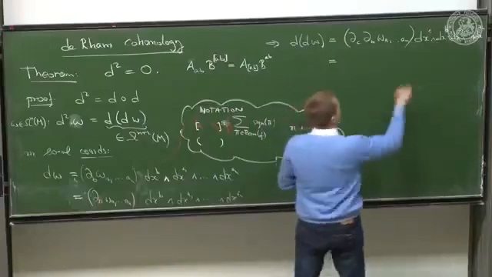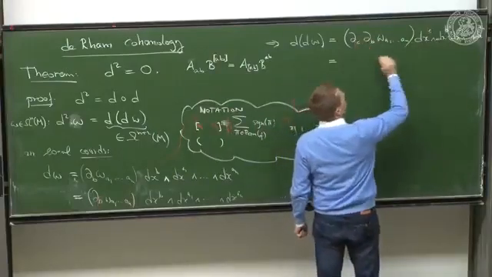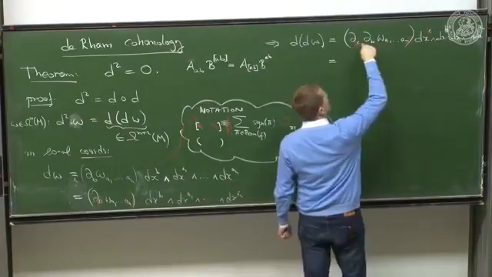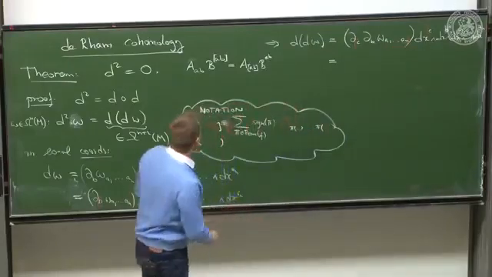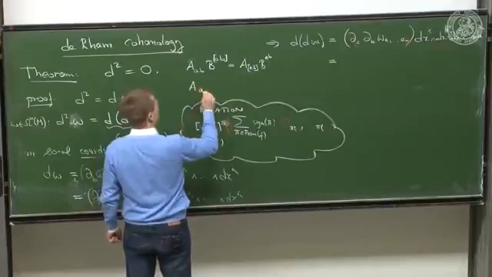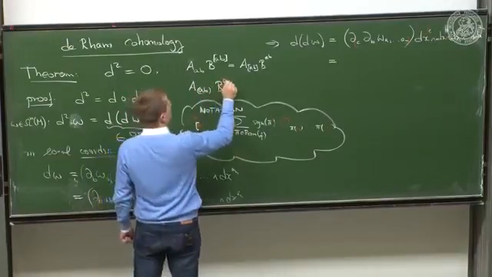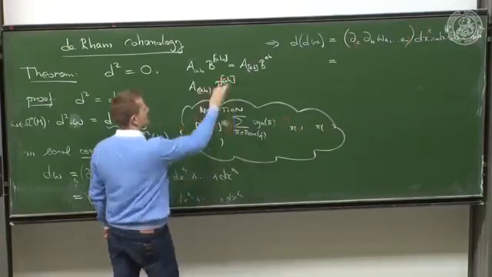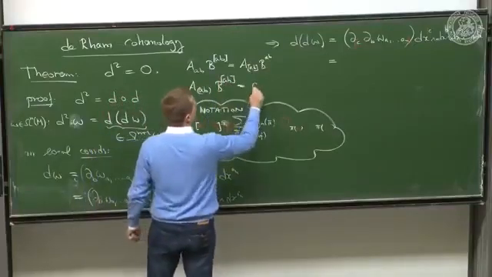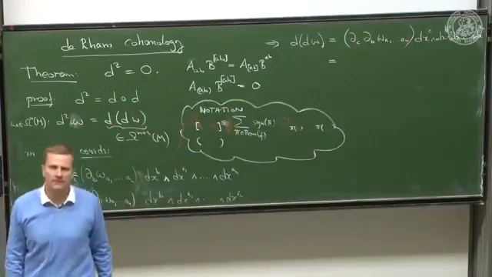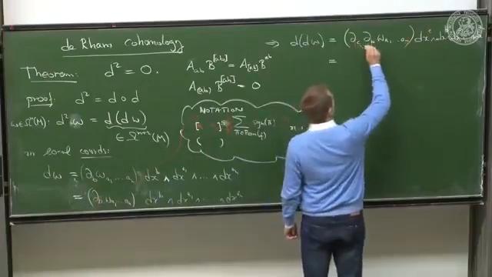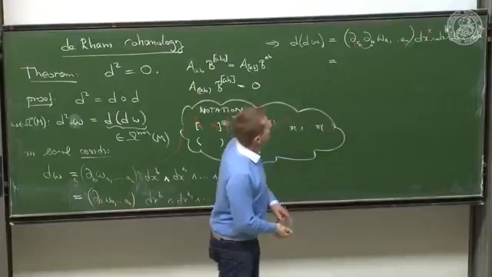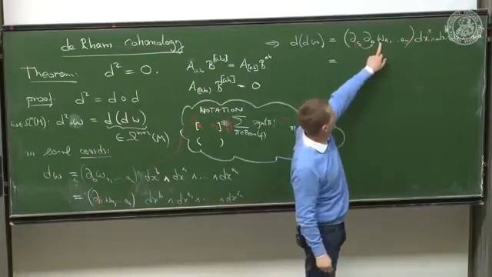But that also means it induces an antisymmetry on all of these, C, B, A1 to AN. But then there's the next result: if you have something that is symmetric and something that's antisymmetric in indices and you contract over these, you necessarily get zero. And that's exactly what happens here. These two are of course already symmetric